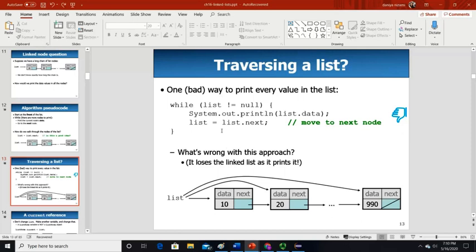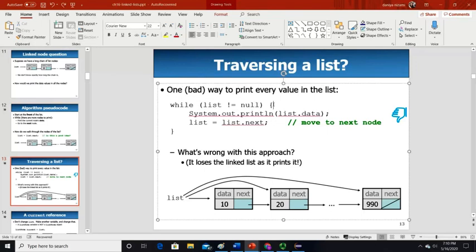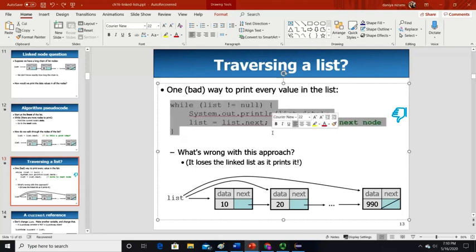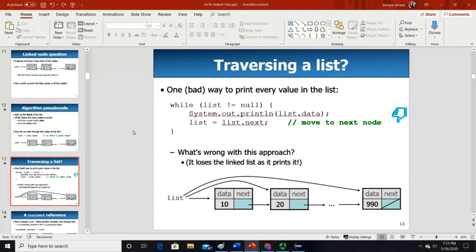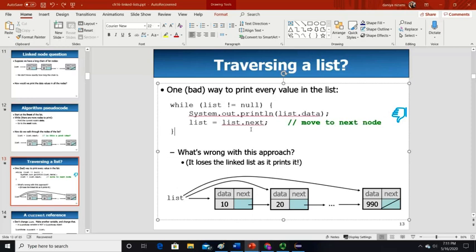When you are working with list nodes, linked lists, the while loop is the best loop, and I would highly recommend just using this loop. Linked list is not that difficult if you understand the major concept of how it works. The while loop will be there every time. If you have to find even numbers, odd numbers, or add all the numbers in your linked list, you need this loop. There will be quite similar statements in all different questions. So let's take a look, as this is a bad way. Don't try to memorize this code, because this is a bad kind of solution.